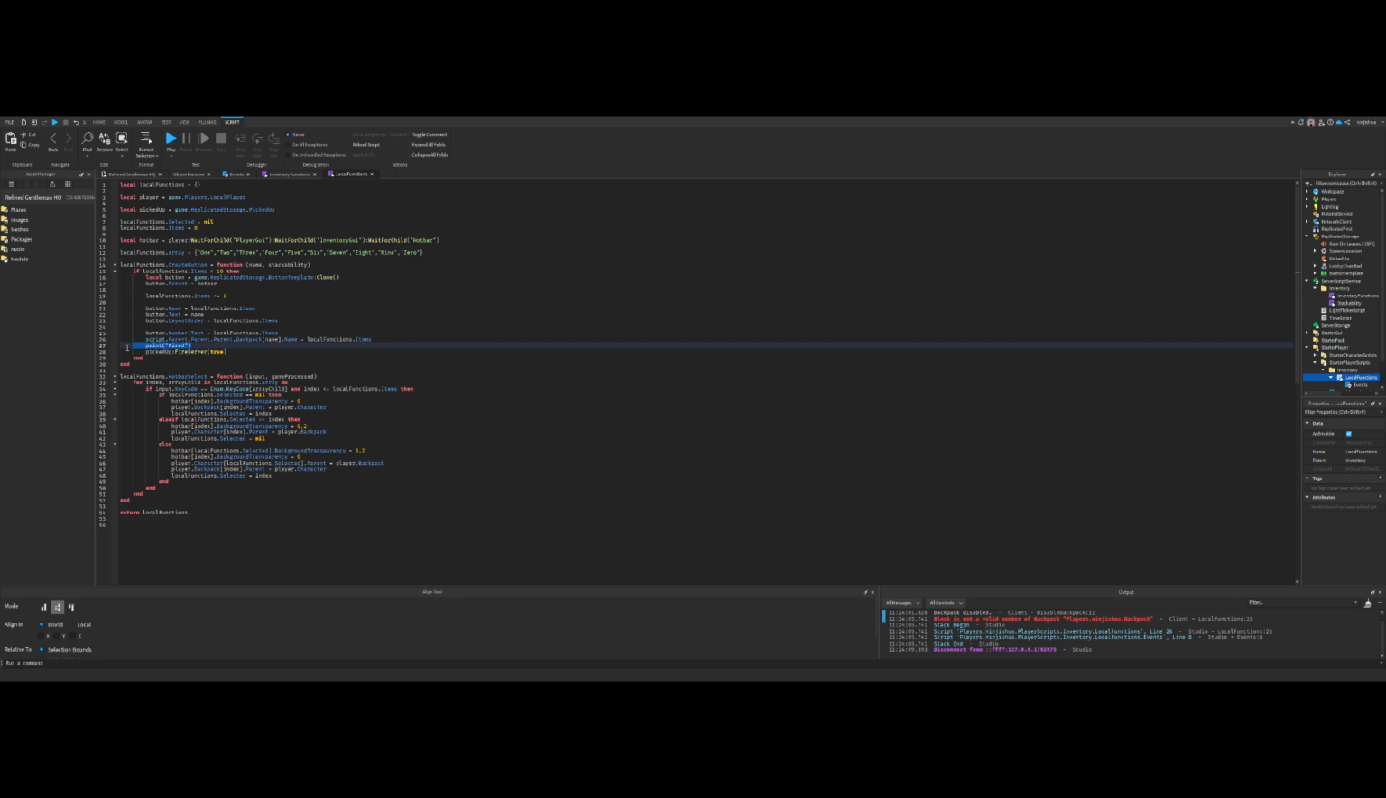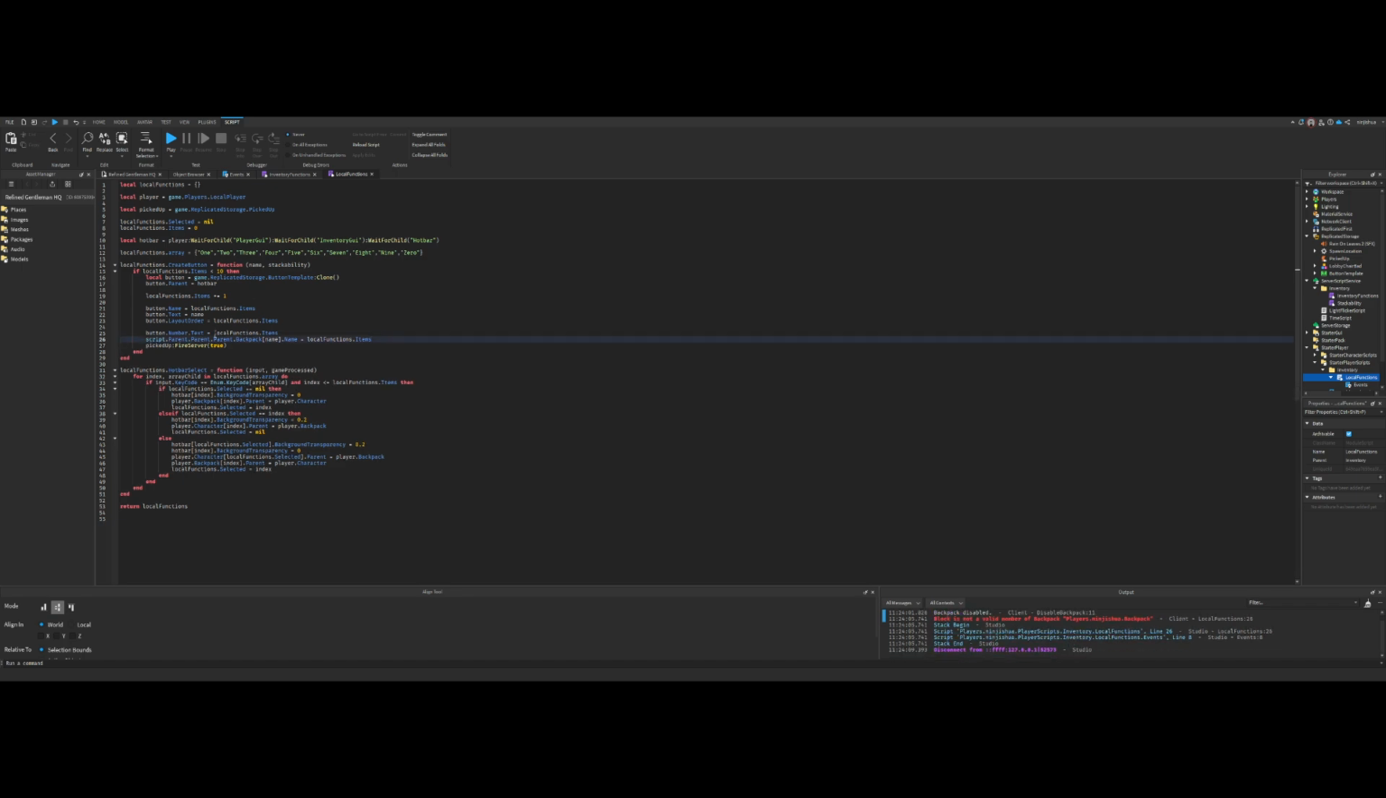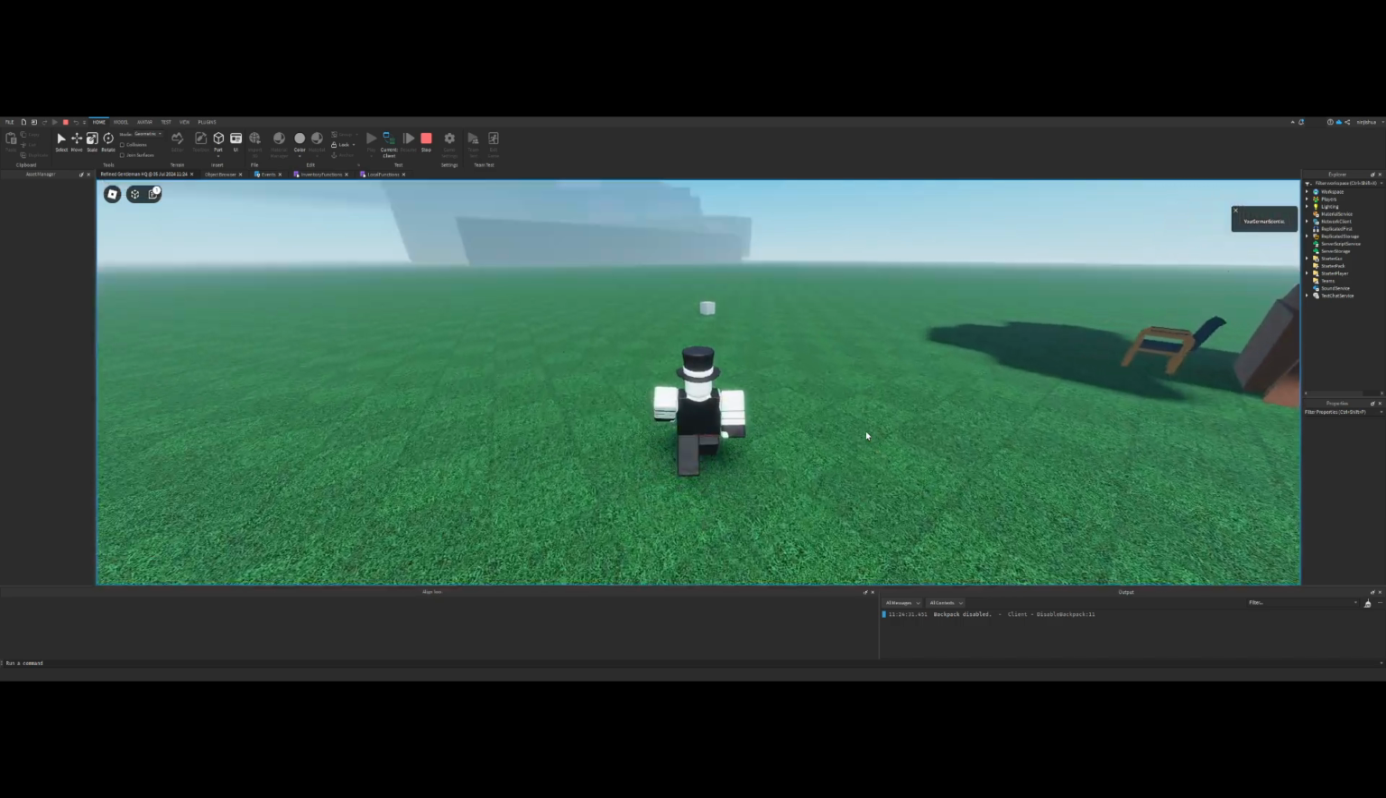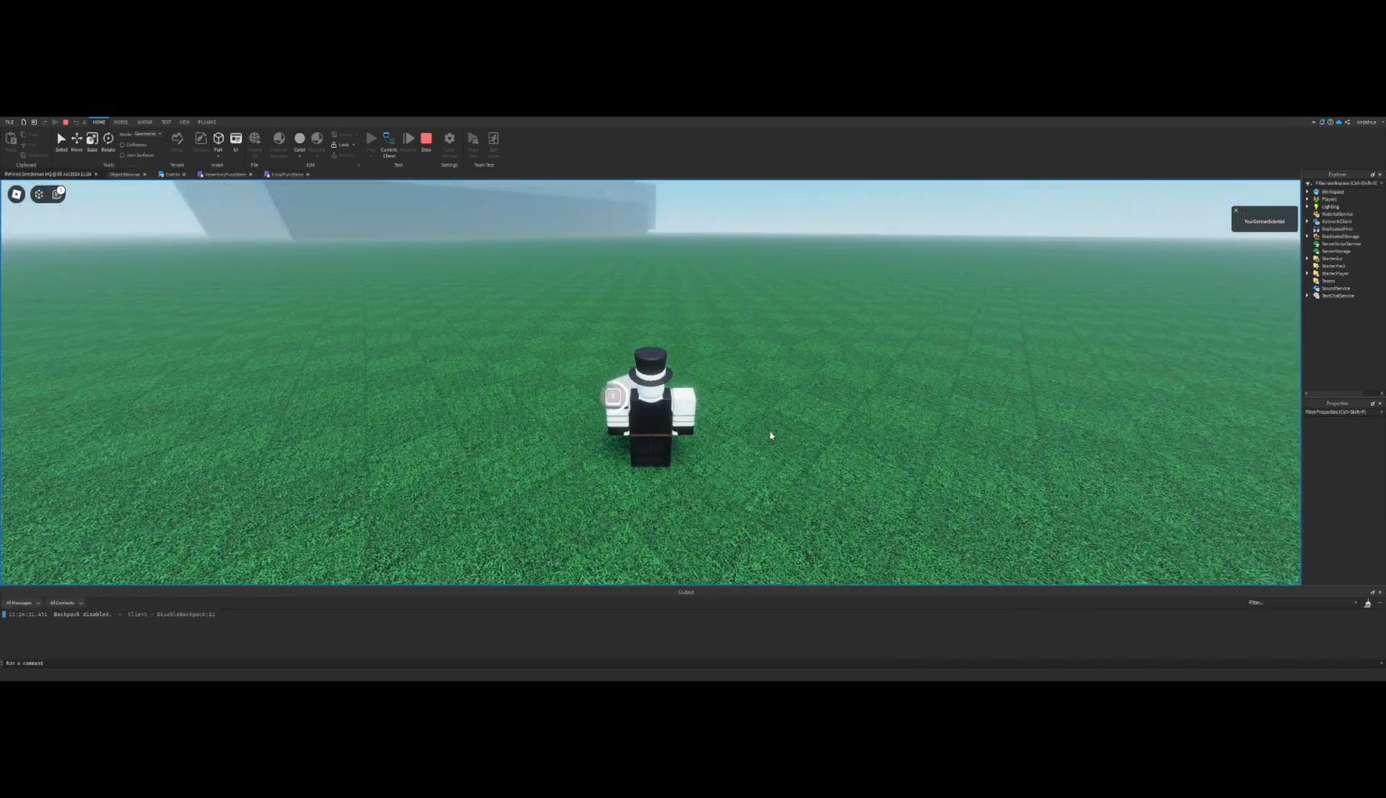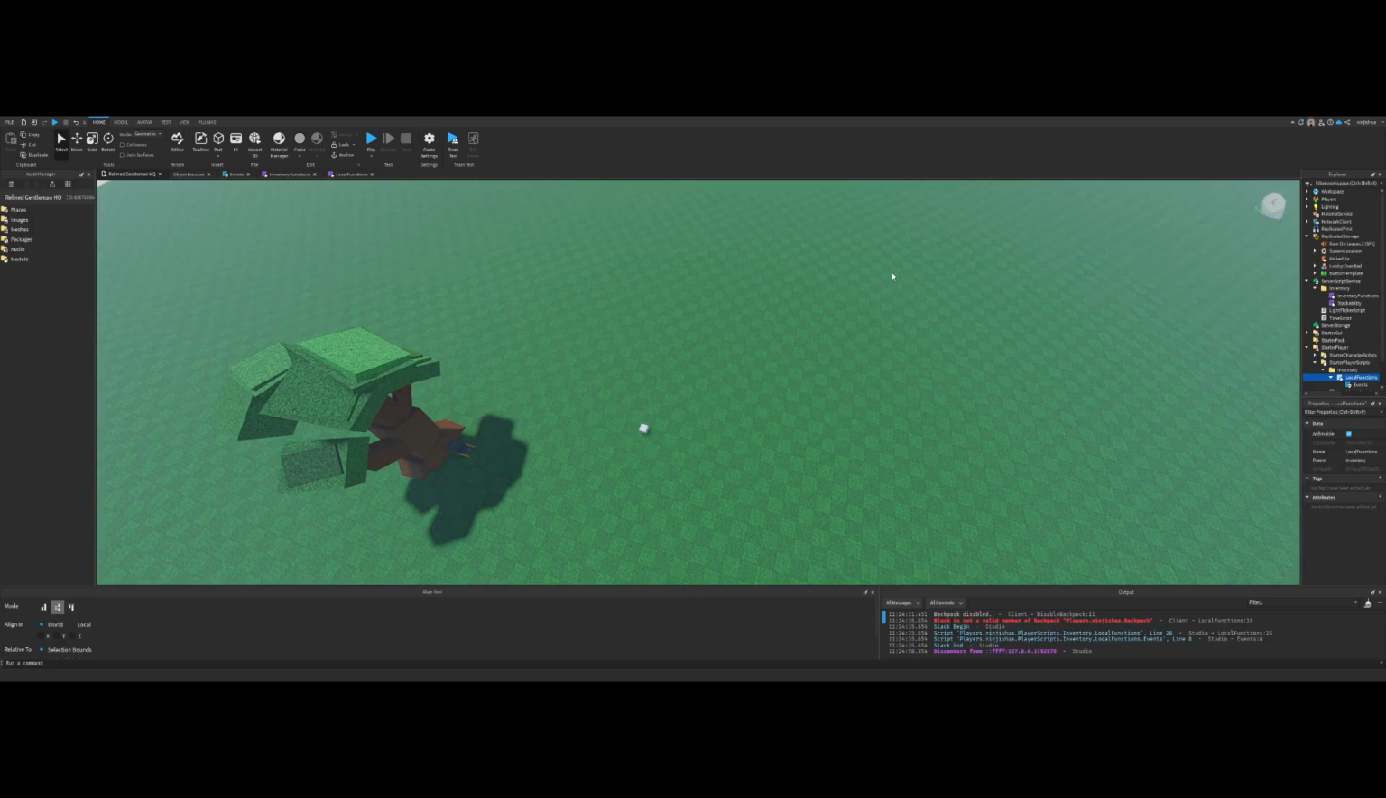Wait, but the button is made. What? I don't understand. I don't get it. I do not get it. What in the world? What? It's called one. It has the name